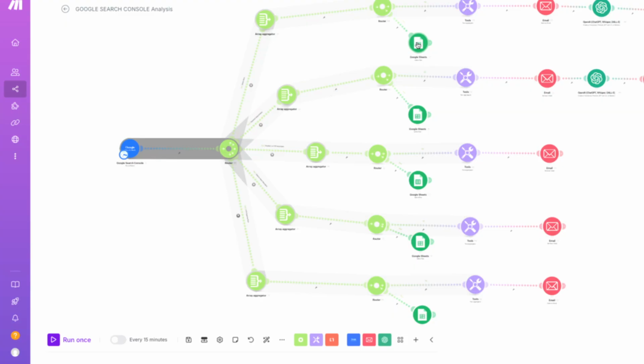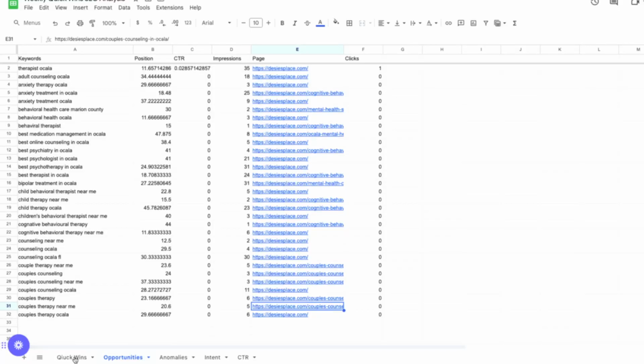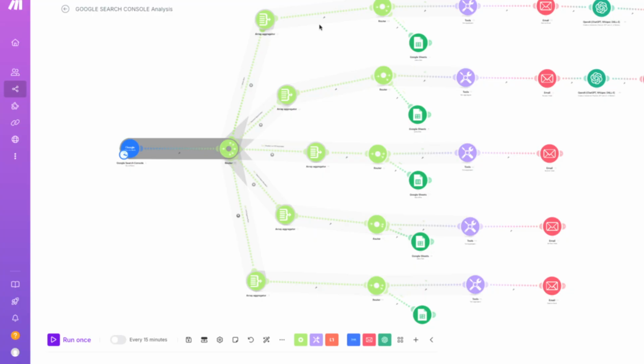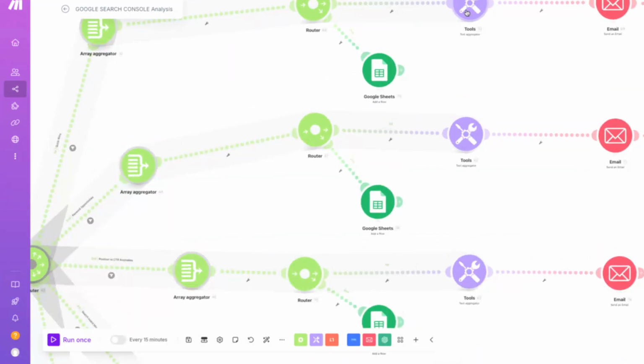Google Sheet here, and it will send this information on the Google Sheet. As you saw when we clicked on the quick wins, this is the information that it has sent over. And as you see, all of these are ranked in position 3 to 10, right? So they are all on the front page. So this is how we get this data here from this route that is here. And then it is gonna use